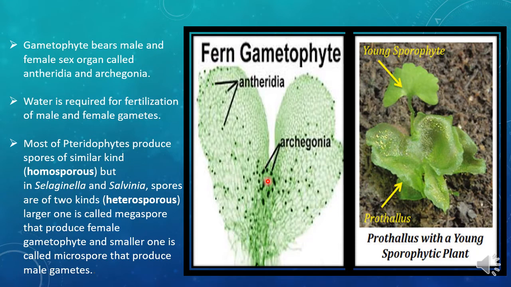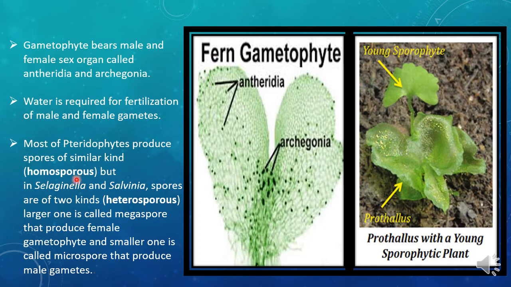See, in biology, you will be coming across so many terminologies. To memorize those terminologies or to understand those terminologies, you have to split the word. Here it is homosporous. So split it into homo and sporous. Homo means similar. Sporous is spores. So homosporous means similar spores. In this case, it refers to the size of the spores. So the homosporous means similar size of spores.